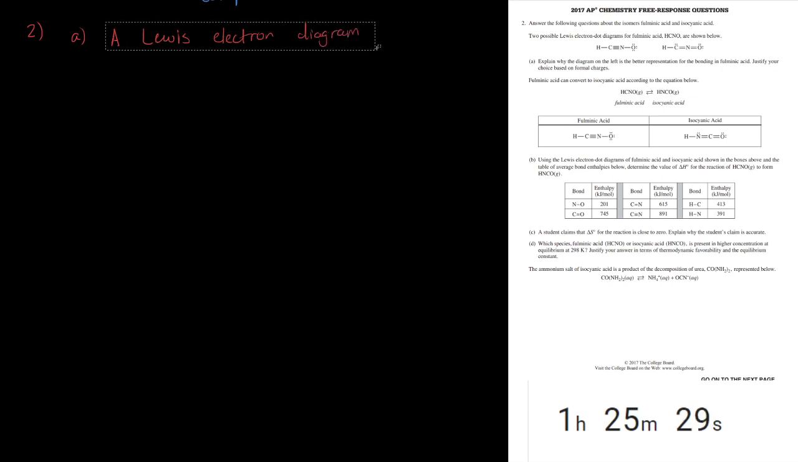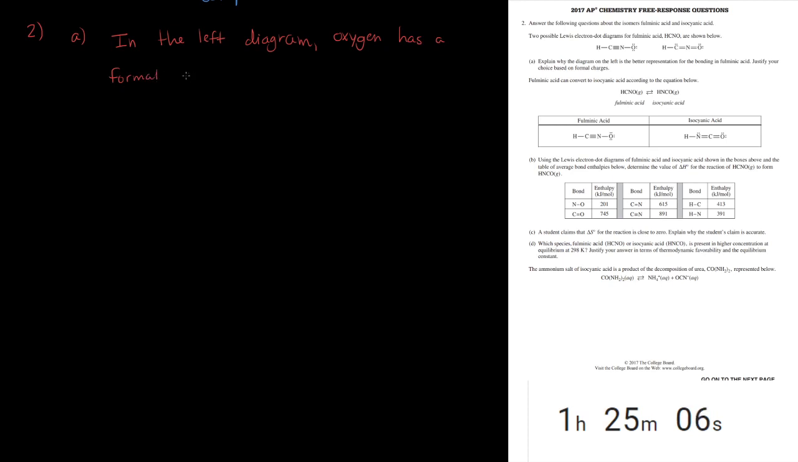Actually, why don't we not do that? Why don't we go the route of saying, in the left diagram, oxygen has a formal charge. We've got to remember that when we have a formal charge, this line counts for -1. Each of these electrons counts for -2. So it's going to have a formal charge of -1. So the oxygen has a formal charge of -1,